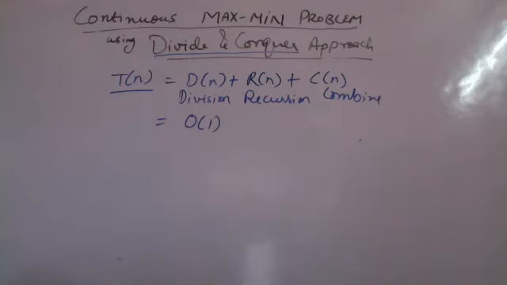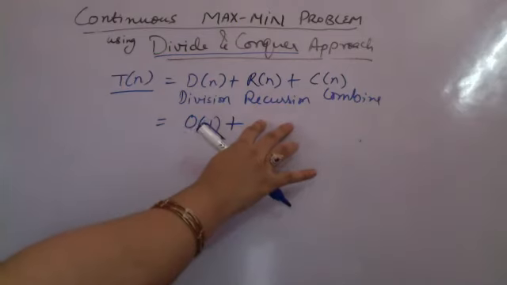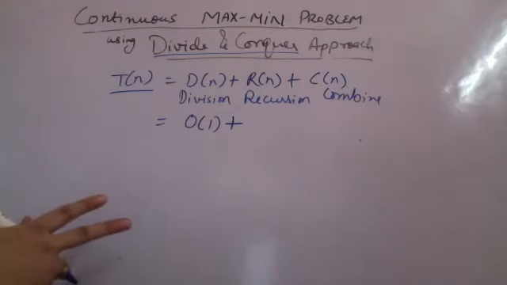Mid calculation is independent of the size of the list. It will take only a single statement to execute. Recursion time: how many calls are we making? We are doing 2 recursive calls, not n by 2. The number of recursive calls I am asking. Yes, ma'am, 2 times max min was being called.